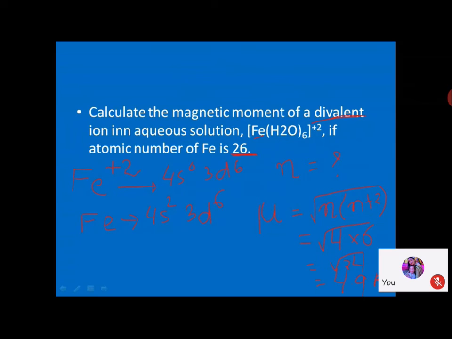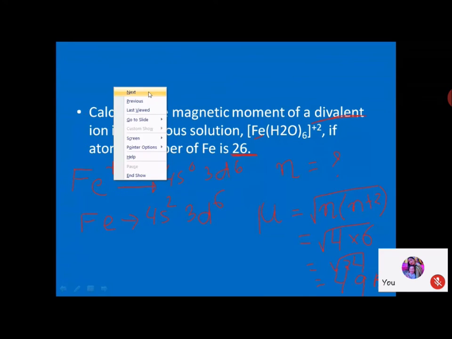So I'll come to your question. Why are the transition elements or their compounds paramagnetic in nature? The reason is very simple: because of the presence of n-1 d unpaired electrons. So this is how you have to calculate the magnetic moment. Okay. The next is the formation of